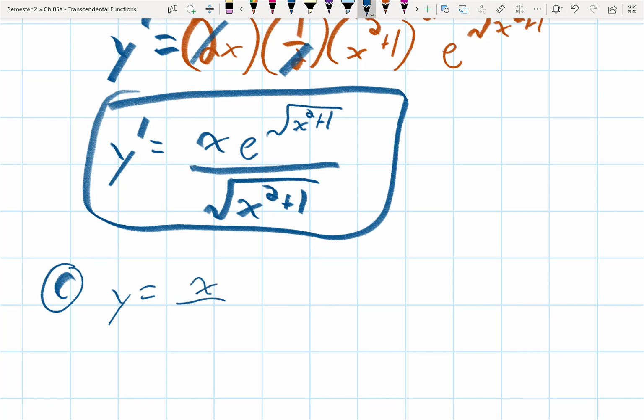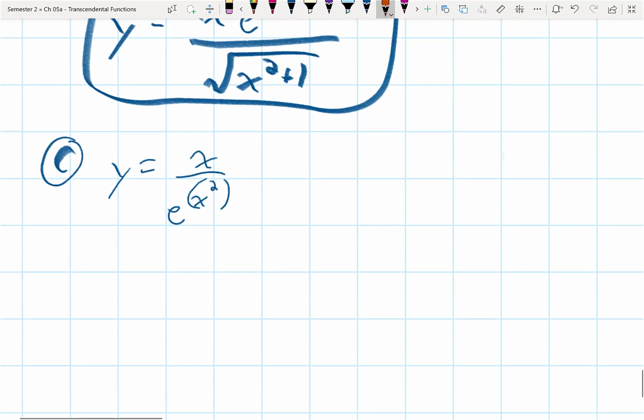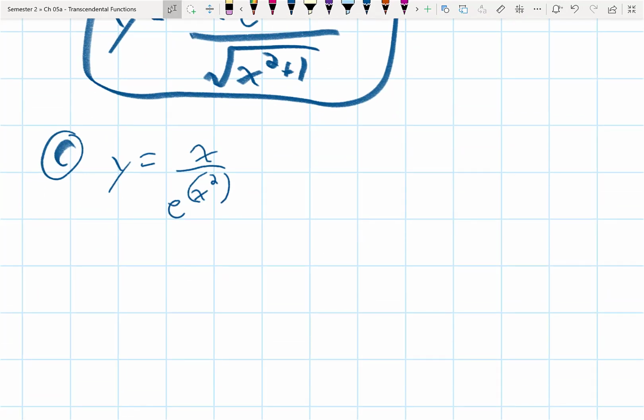y equals x over e to the x to the second. So we can practice different techniques. Let's do logarithmic here. Logarithmic differentiation is a good technique when you have something that looks like it's going to be a little complex involving e's. What's the first step of logarithmic differentiation? What do we do to both sides? Natural log of the left side equals